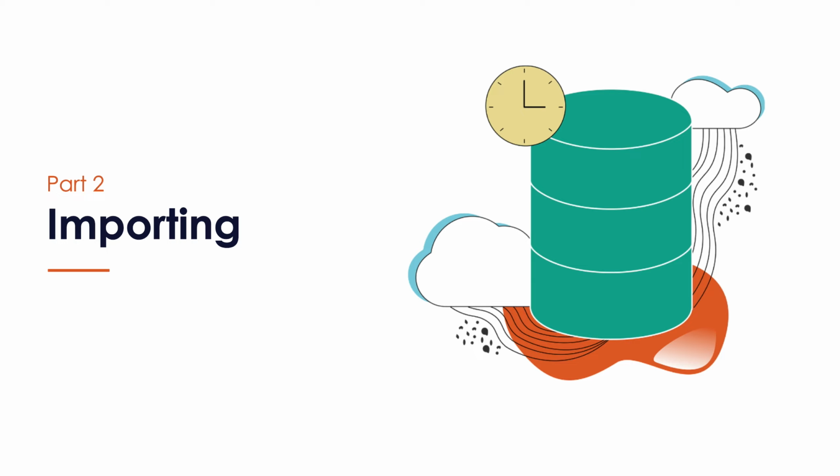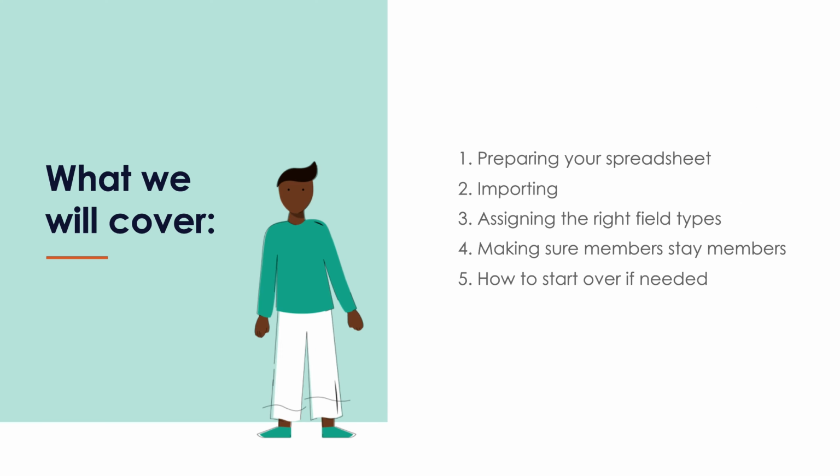In part 2, we're going to cover the importing process so that your data can actually get into Wild Apricot. We're going to cover a couple of things, namely how you can prepare the data that you do have so that it'll go into the system as easily and quickly as possible, and that you don't have to do it multiple times. We'll also go through some troubleshooting efforts and the importing process itself,